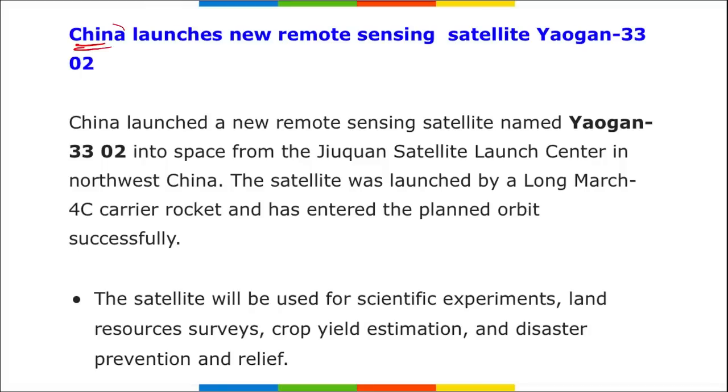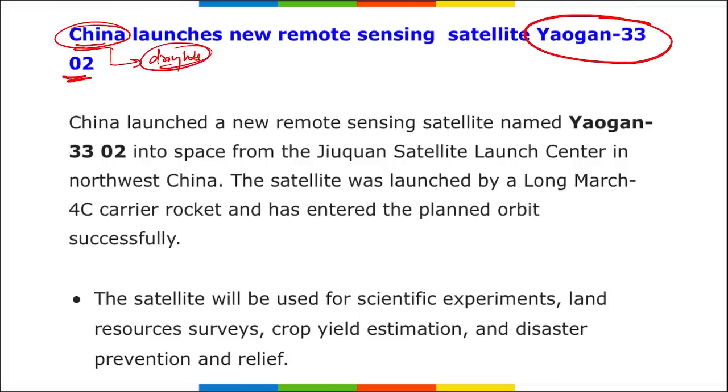Next is China. China has recently launched a new remote sensing satellite, Yaogan 3302. If we talk about China, remember China is under the zero COVID policy. That means all the cities and provinces there are under lockdown. Apart from this, remember China is facing heavy drought also, due to which they have also seen the energy